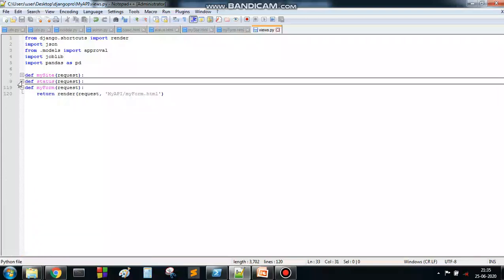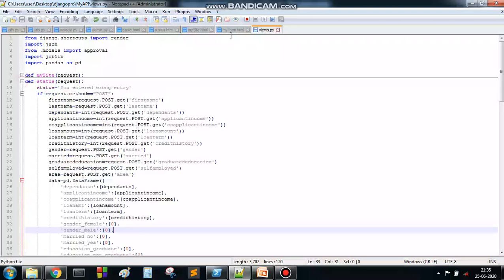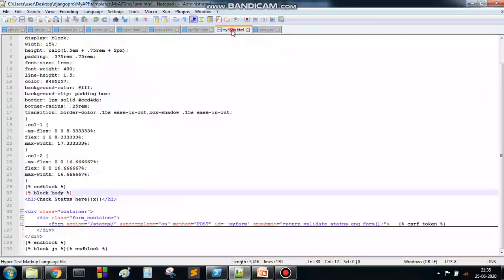Let's go again to myform.html. Here you can see, whenever a form is submitted, what action it will take. The action is that it will redirect to a particular address, namely status.